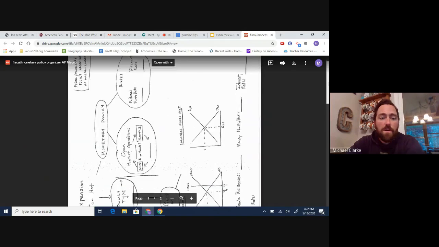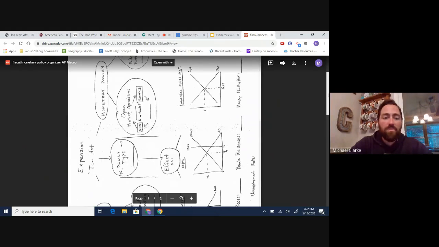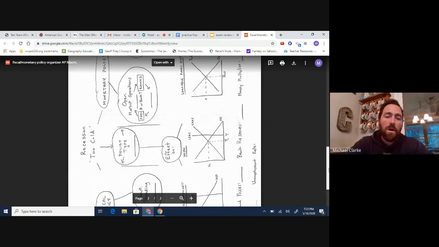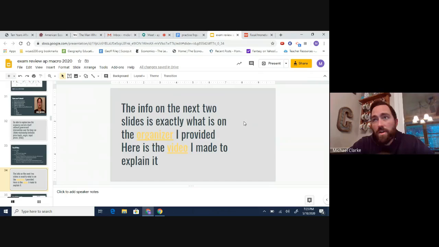It looks like this. On one side, you have the government reaction to when there's expansions, like when the economy is overheating. I know you're looking at this sideways. You can pull it up on your own and crop it and rotate it. And then you have recessions on the other side. So this has a ton of great stuff that I strongly recommend you have present when you take that exam